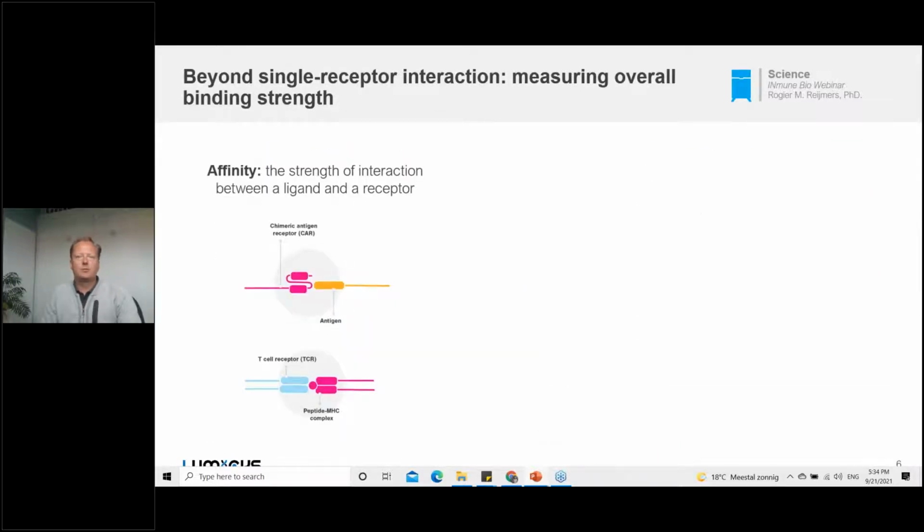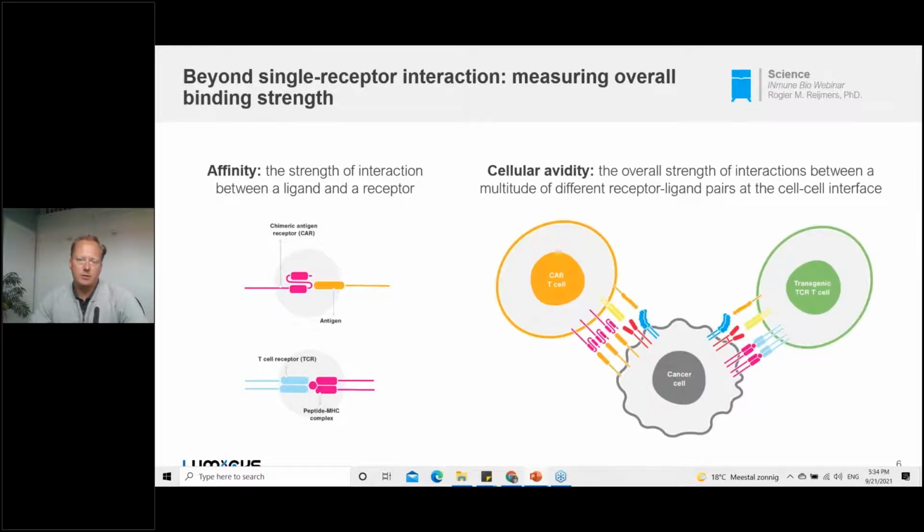So in essence, the traditional biophysical methods like SPR primarily focus on affinity. So one ligand and one receptor cell pair. This type of interaction completely overlooks the biological complexity that is linked to cell function. So what is missing is cellular avidity, that can be described as the overall strength of interactions between a diverse set of receptor-ligand pairs at the cell-cell interface, as shown in this figure here, which was also described by